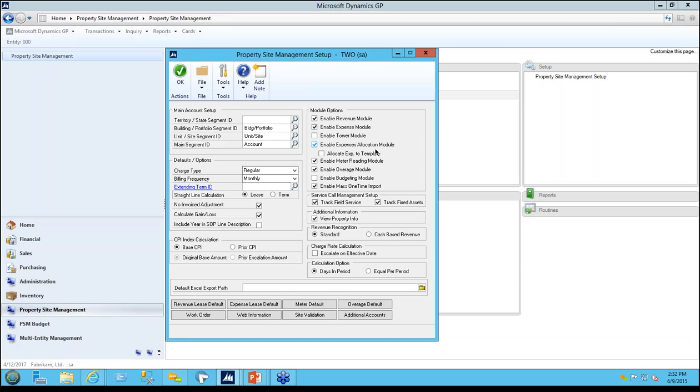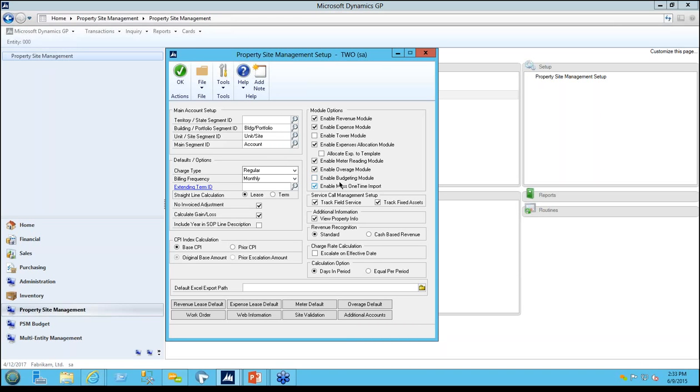As I'm creating the invoice, the AP voucher to pay my vendor, I can immediately charge that back to my tenants and include that in their periodic invoicing. We have a metering module that does exactly as it says. It allows me to import meter readings where I can put a rate per count and then create charges based on the meter reading. The overage module manages the percent rent for the sales-based type of functionality or the CAM